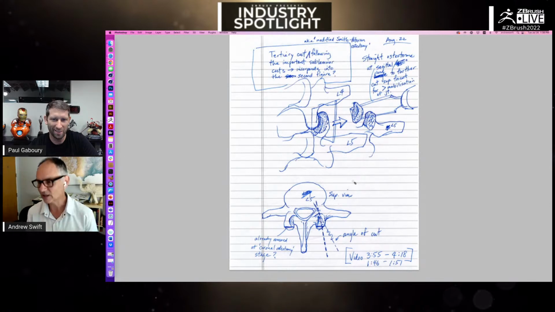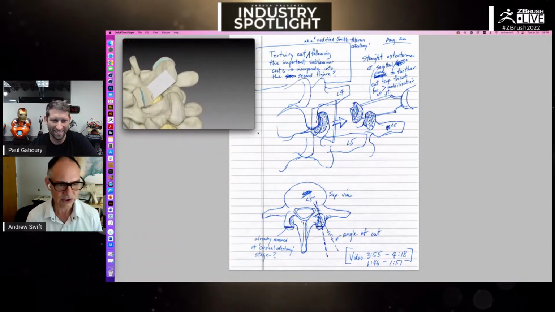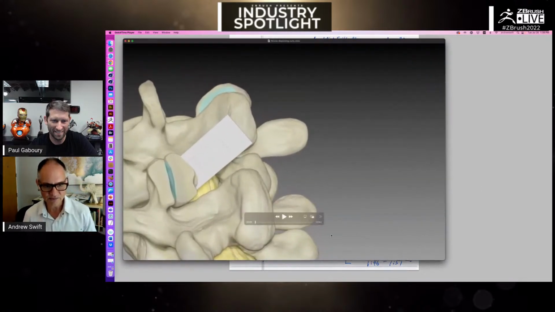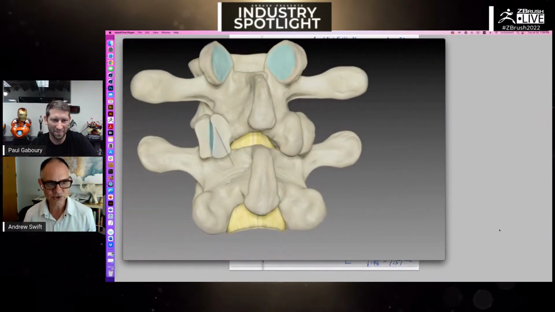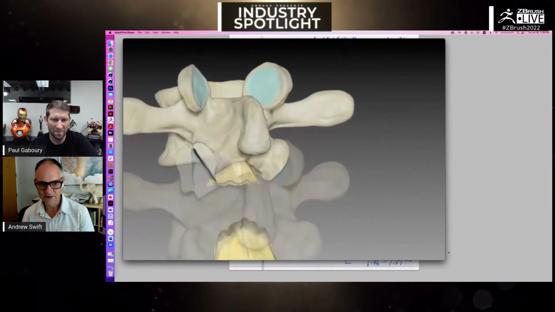The surgery is incredibly dimensional. The angles are very specific. When I first saw this job, passed to me by another illustrator, not at our company, somewhere else, I looked at this and thought, this is never going to work. We're never going to get out of this and be able to solve the problem. So what I did was, and this was a long time ago, right after Dynamesh came out, and you could Dynamesh something, delete something and close the holes. So I went through and did the surgery for them live,